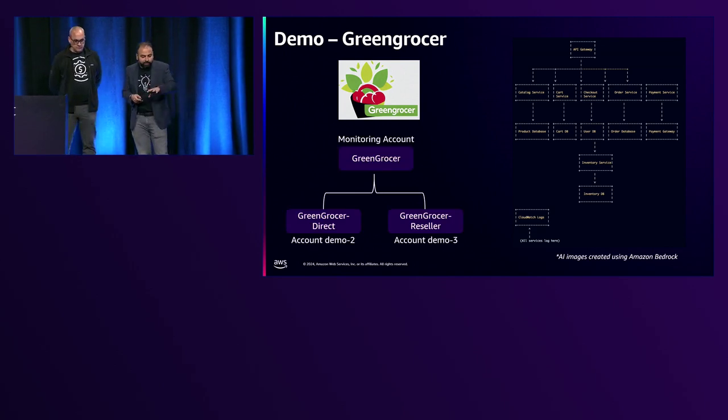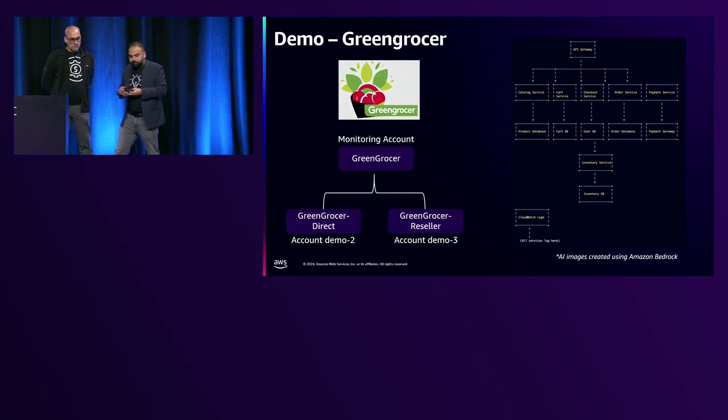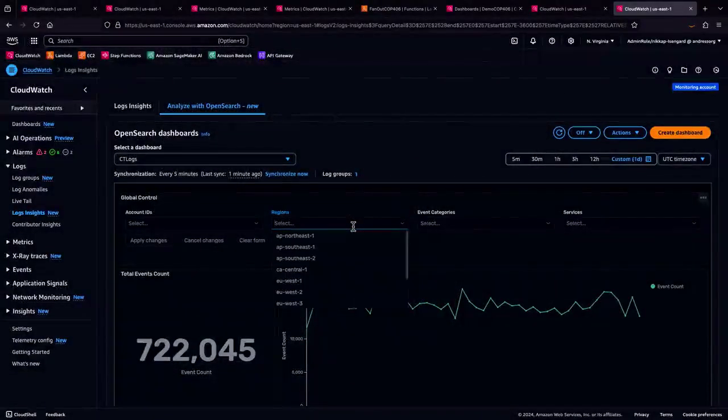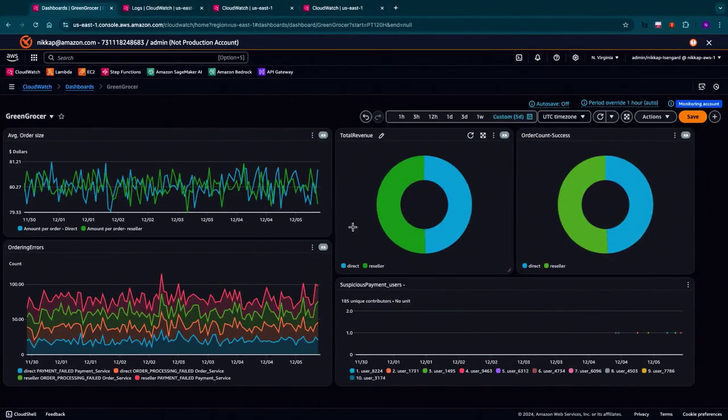So in my setup, I have them across 3 different accounts. I have one catering to direct delivery, on my own website, for the groceries that I purchase. In another account, I have a reseller, which I use for all the reseller orders. And I'm monitoring in a central account for my entire app. All right. Let's switch to the demo. Okay, so